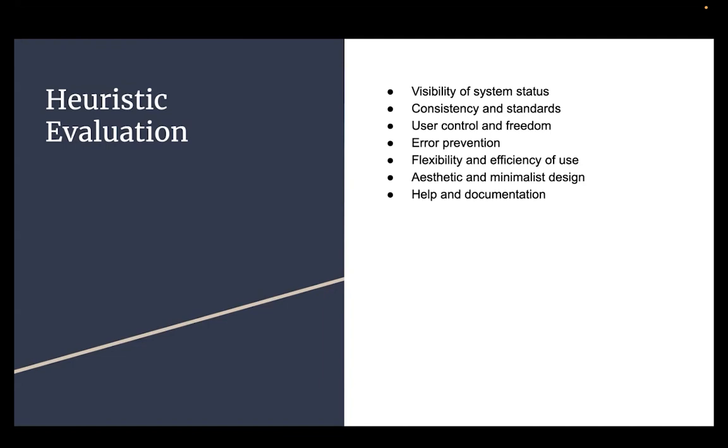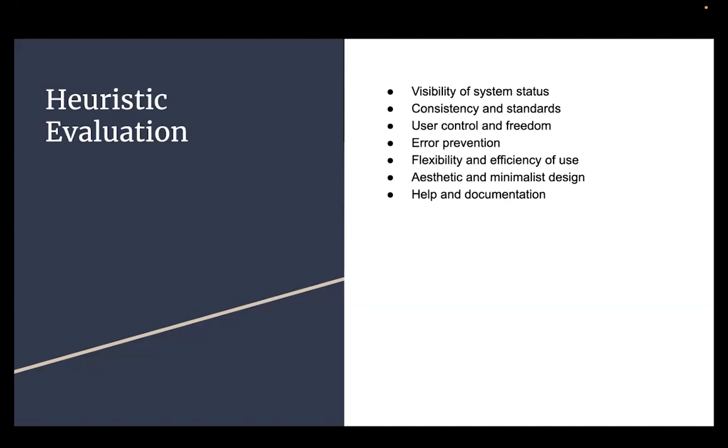So first is visibility of system status, which means that users should be able to easily determine the current state of the device and its connection to the application. Second is consistency and standards. Here the product should follow established conventions for the user interface design to ensure consistency and ease of use. Next is user control and freedom. It means that the user should be able to easily navigate the device and the application and recover from the